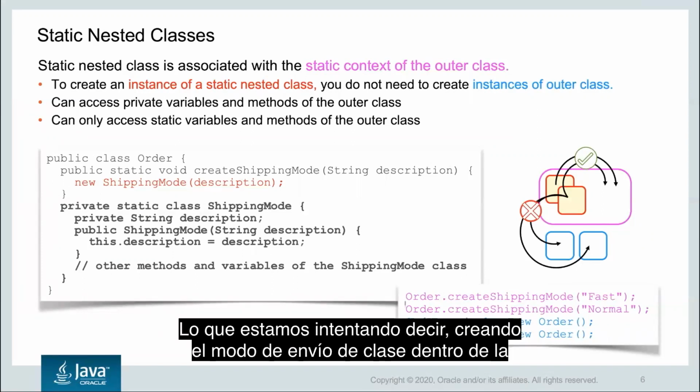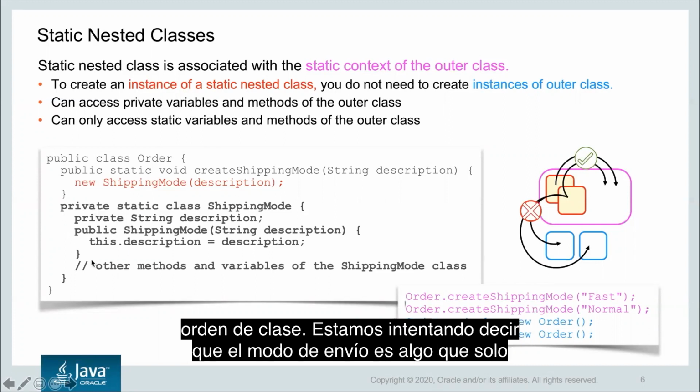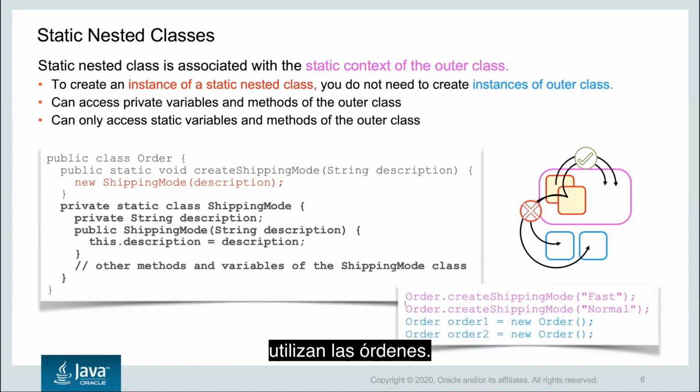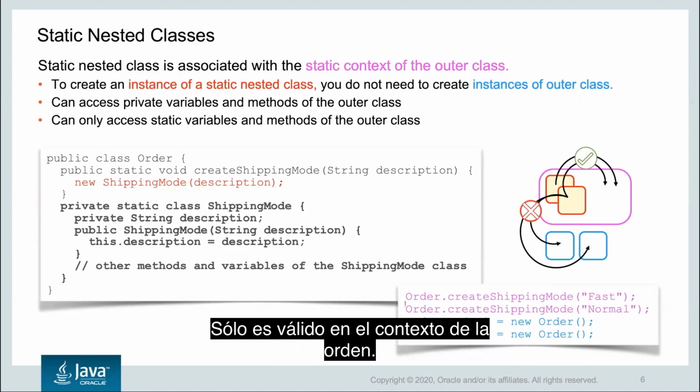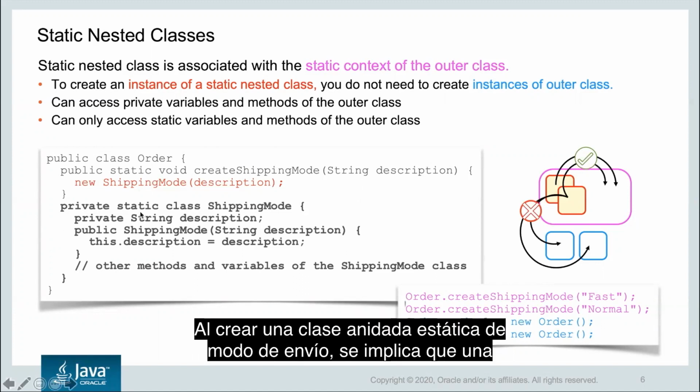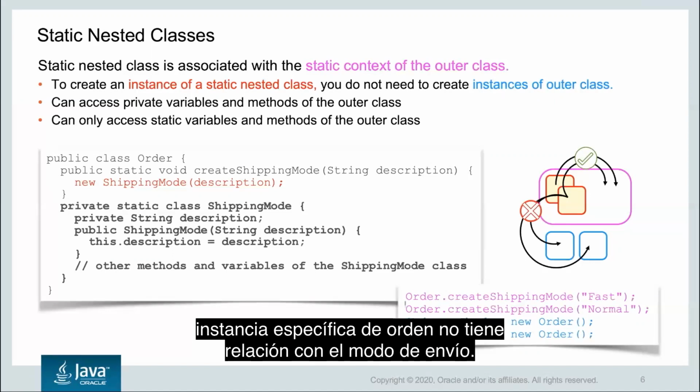What we're trying to say by creating class shipping mode inside the class order is that shipping mode is something that is only used by orders. Nothing else in our application uses that shipping mode. It's only valid in the context of the order. By making shipping mode a static nested class, we imply that a specific instance of order has no relation to the